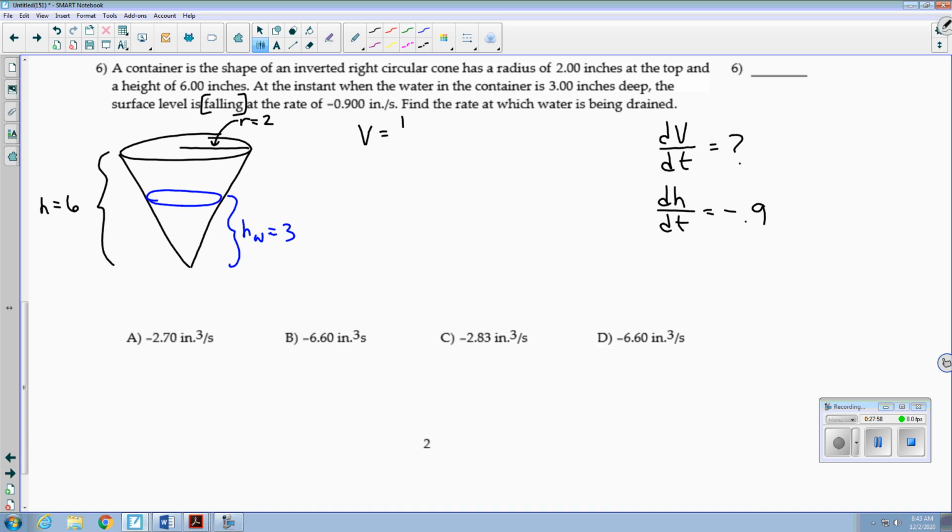Well, we're dealing with volume in a cone, which is 1/3 pi r squared h. Before we differentiate, is anything remaining constant? Well, as the water drains, that circular cone that I have in blue slides down, and the radius of that smaller cone within the larger cone is going to shrink as well as the height. So everything's changing here, so I've got to keep them as variables. Now, when I differentiate